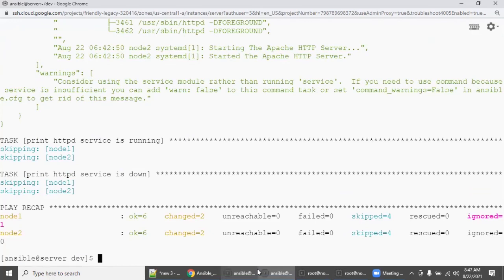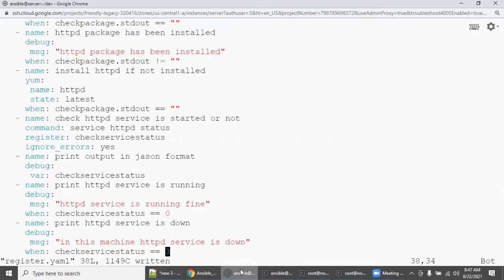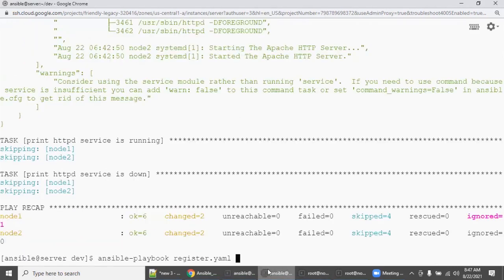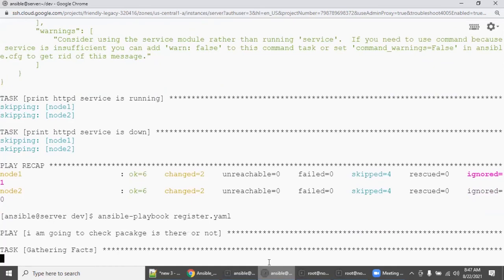There is something not correct with the syntax. Sometimes there is some small issue. Okay, so save it. Let's wait for it.